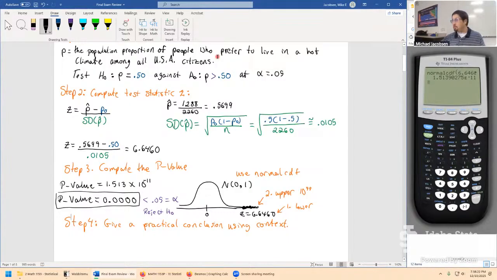So as a practical conclusion, though, something that makes sense to people, we'll say, first, we have found overwhelming. You don't have to say overwhelming, but I think it's good sometimes to say that this was a lot of evidence this time. We have found overwhelming statistical